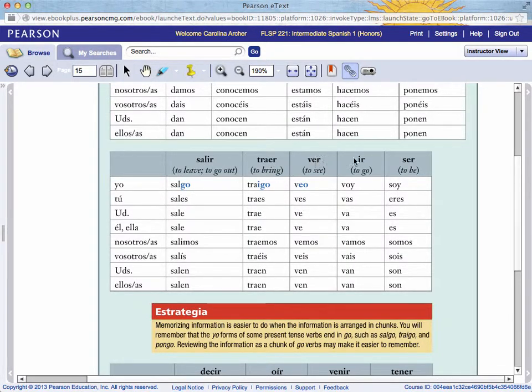ver, ir y ser. Salir y traer, okay, y ver, okay, they have irregularities in the yo form. Yo salgo, yo traigo, y yo veo, okay? And then the other persons, all right, are conjugated in the regular way. Now, ir y ser are very, very irregular, because not only are they irregular in the yo form,